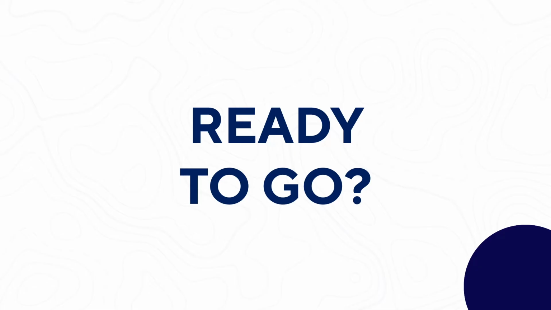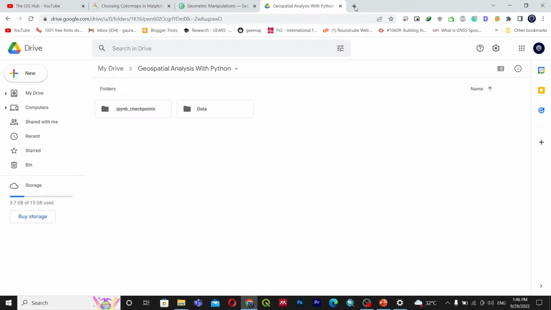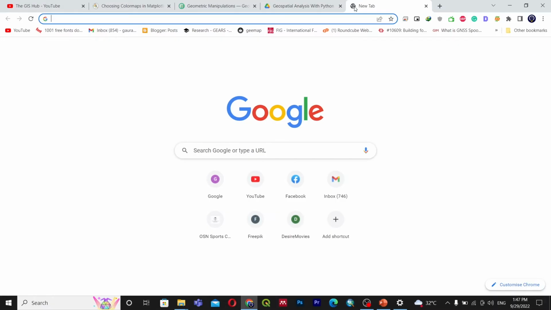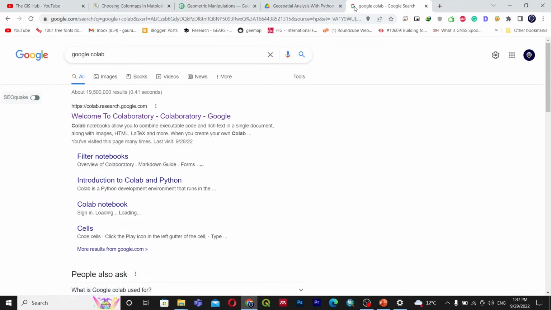Let's go. Okay, let's start our first session. The first session will be hands-on Google Colab. We'll be using Google Colab as our code editor for this purpose. Let's go to google.com and search for Google Colab. Okay, you can see in the first result colab.research.google.com. I will click on this,